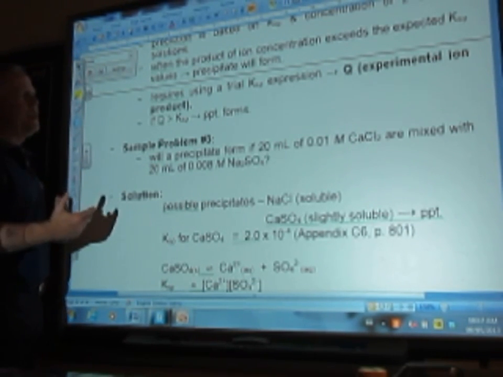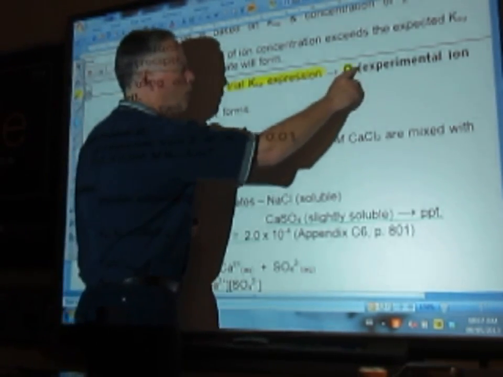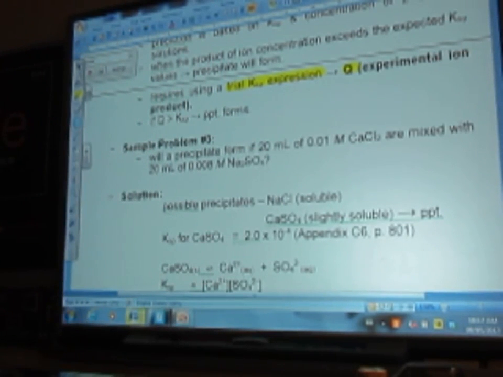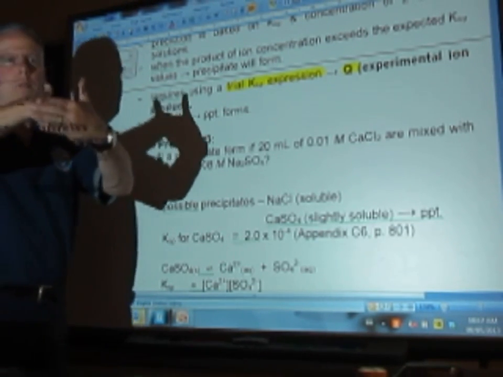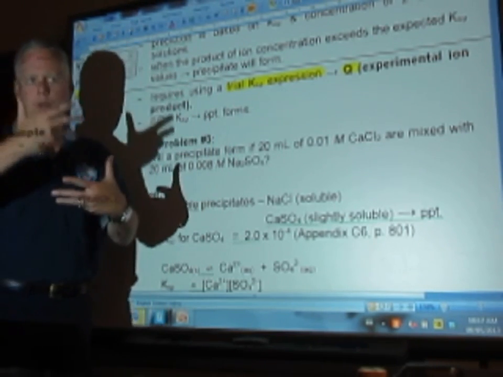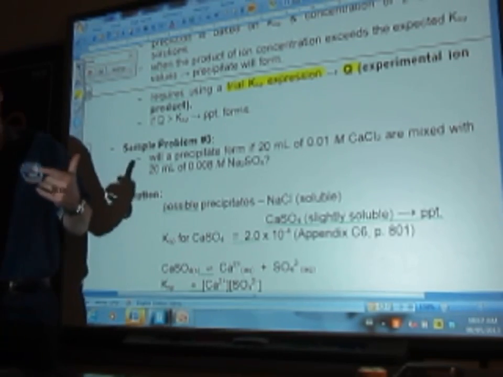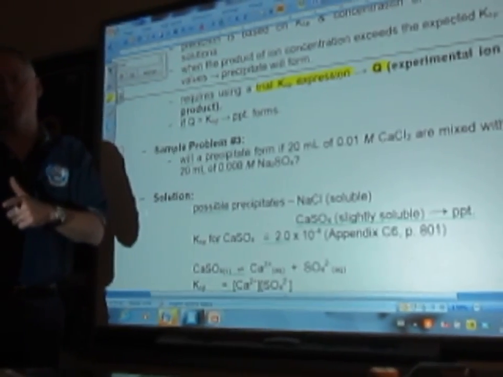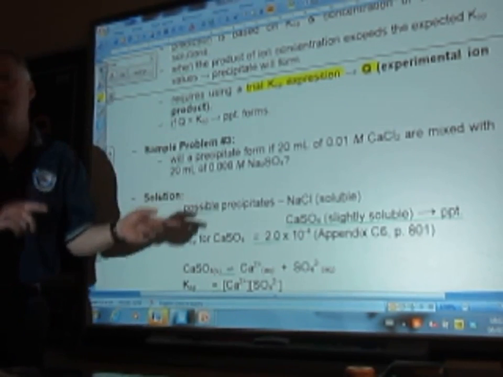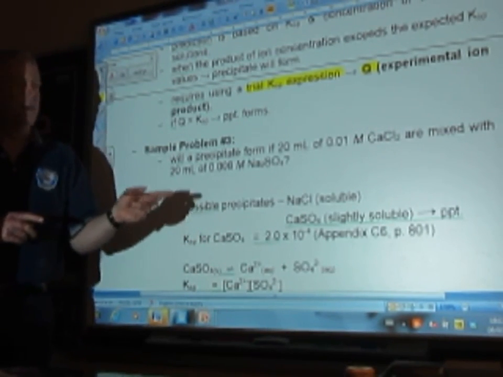So what we're doing is we're doing this trial KSP called Q. And we're comparing Q to the accepted KSP value. And to calculate Q, we're going to find the concentrations of the two ions in the mixture. So the concentrations of the ions are going to change because we're taking two solutions and mixing them together, so we're adding volumes. So our volume changes, so our concentration changes. So we have to find our new concentration of the ions, put that into KSP,